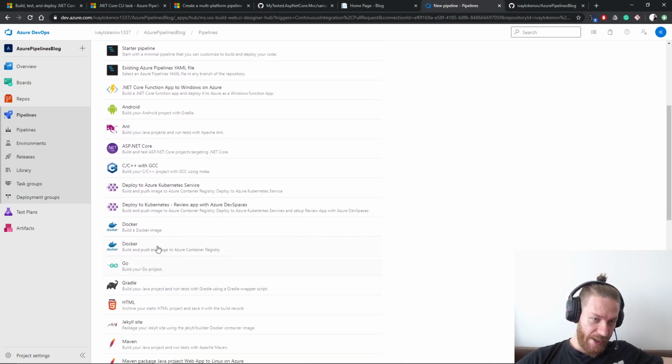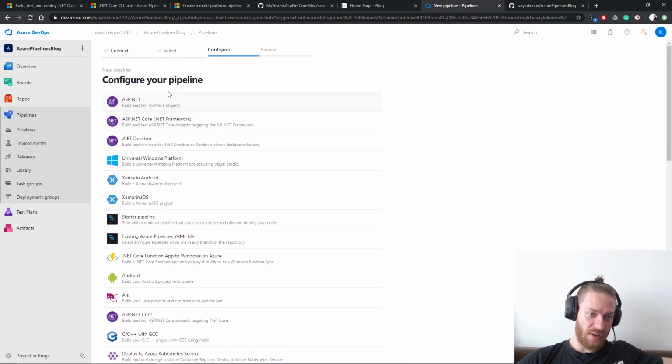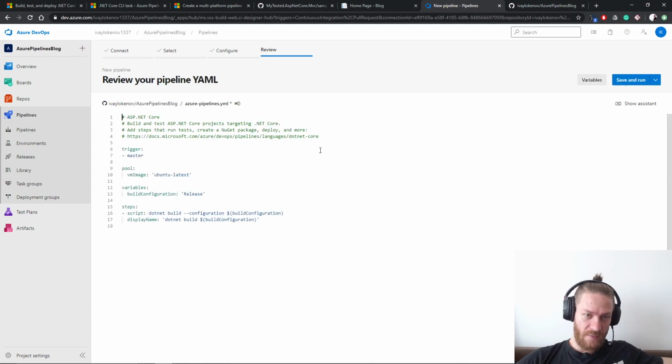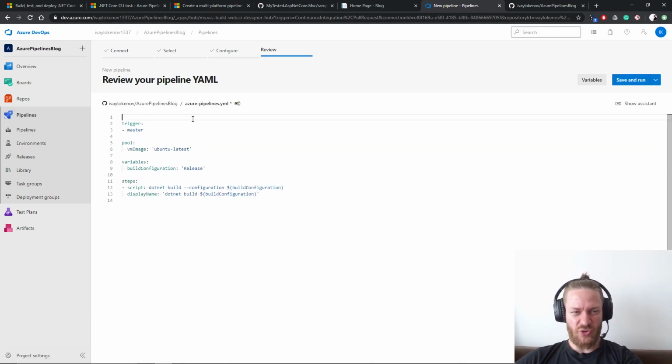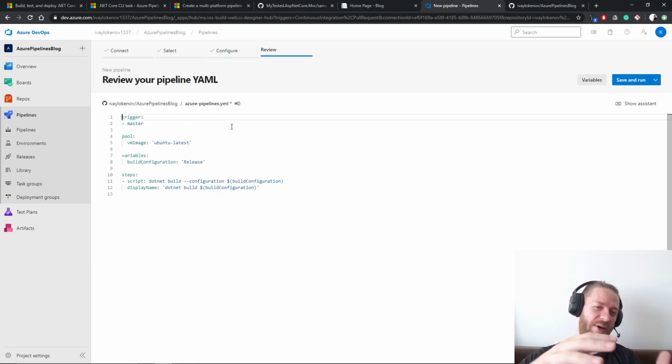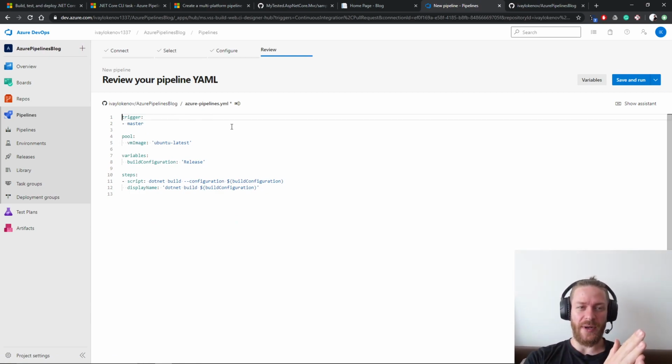So essentially I have an ASP.NET Core project. You may choose the old ASP.NET ones, but I have ASP.NET Core. So this is the tricky part. Once you configure this YAML file, everything will be fine. Initially we have